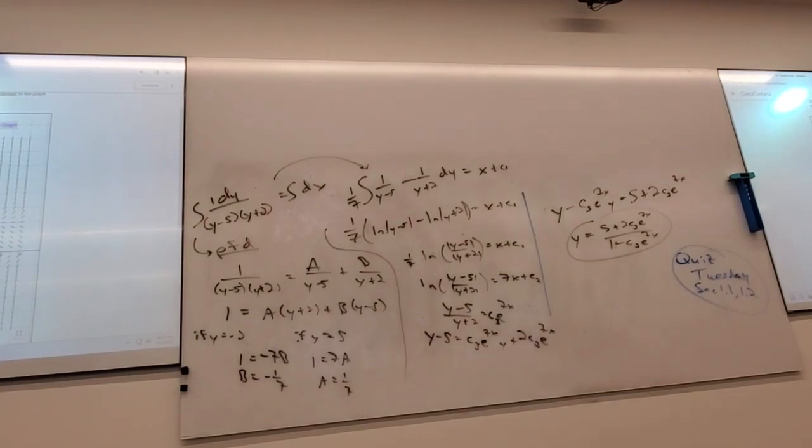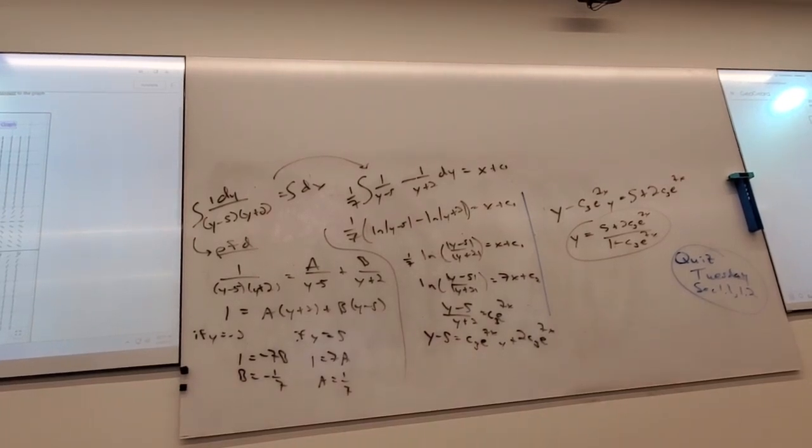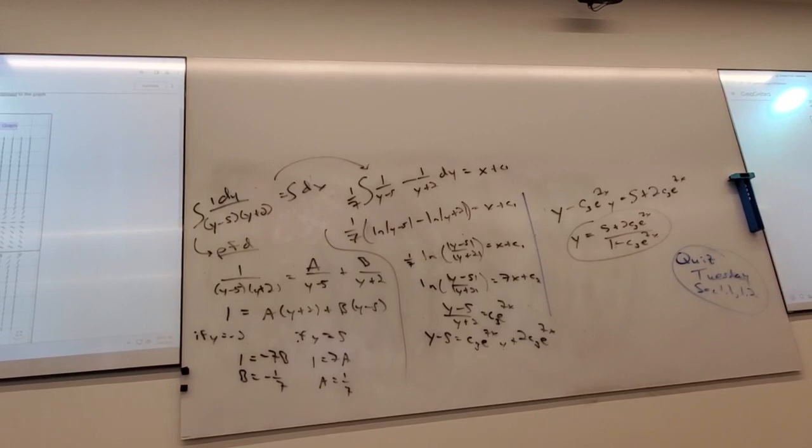He multiplied each side by y plus 2. So it really is just that, and then after that, he moved all the stuff with y's as a coefficient on one side. You back out and then